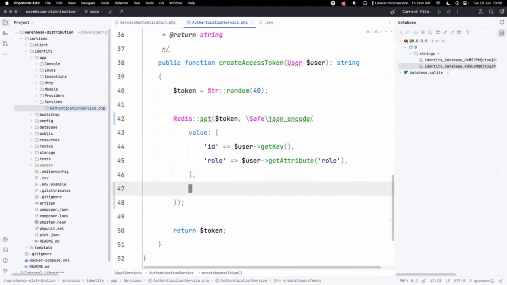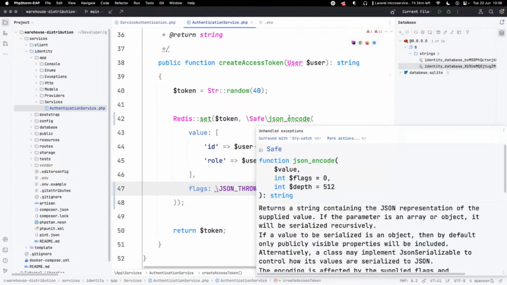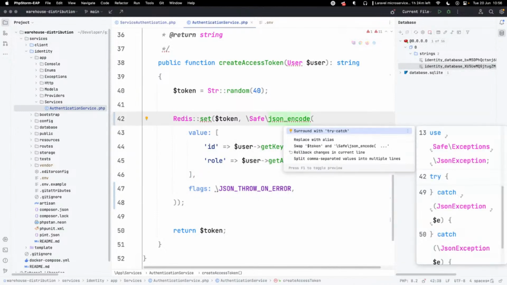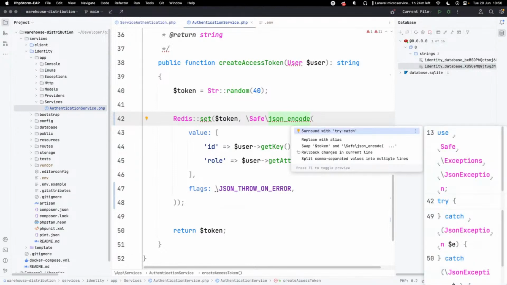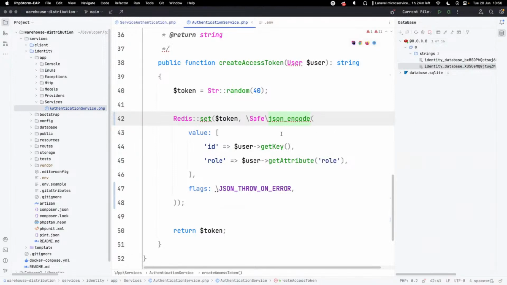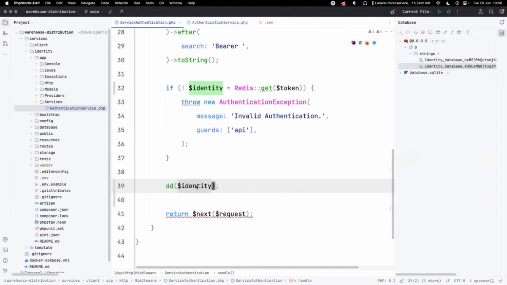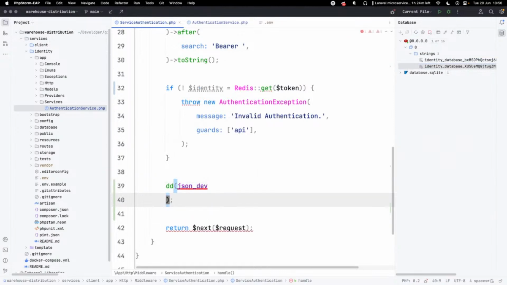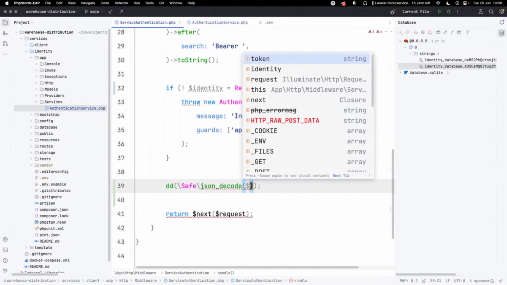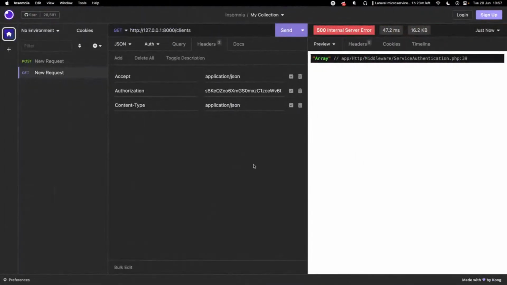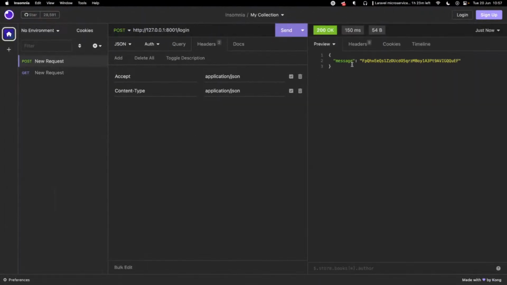What I usually like to do is JSON throw an error here. Just keep things a little bit clean. Works for me. So let's just JSON encode, set, JSON decode identity. So now if we send that request,